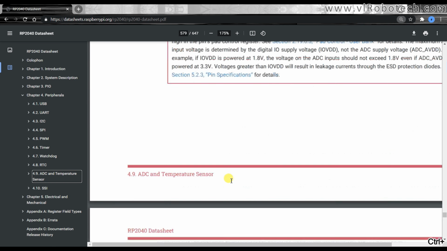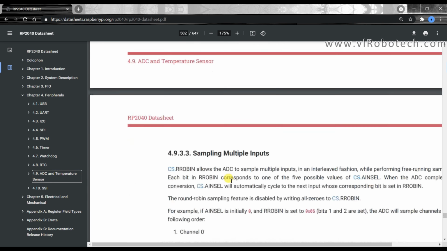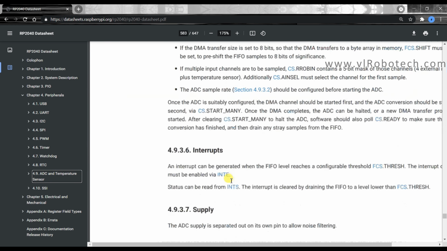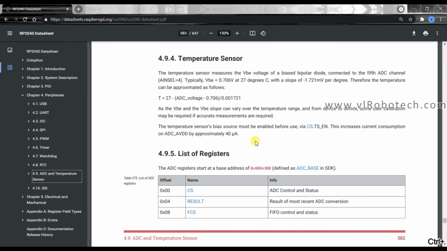Here we can see that the temperature sensor measures the VBE voltage of a biased bipolar diode. It means it will measure the voltage of VBE.